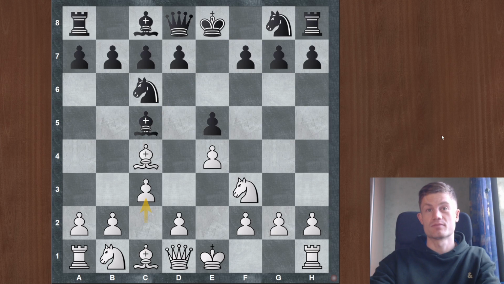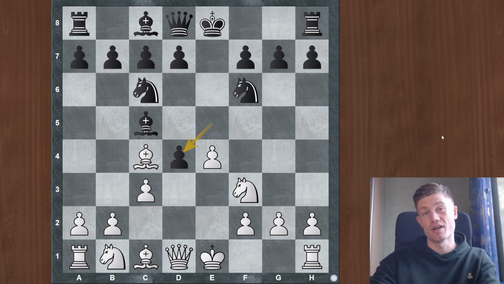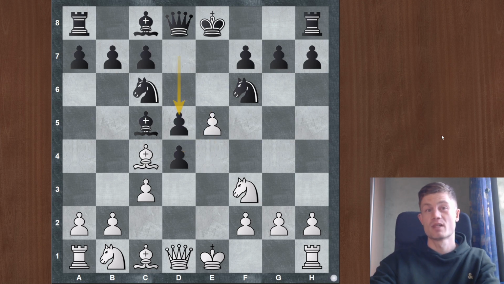c3 variation. Knight f6, d4, white takes the center and black takes it. Now white can either take on d4 or play e5, which is my favorite move here, after which black is forced to play d5 not to be worse. Okay, bishop goes to b5, black still needs to retreat or remove the knight from f6, goes to e4 usually,